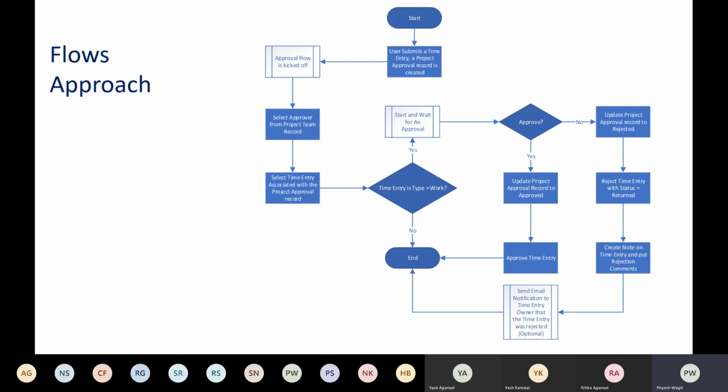So those are the actual approval responses. I'm going to use that to actually create a note in the rejected time entry. Once that happens, the time entry is rejected. And optionally, there are very few instances where we actually want to let the resource know that their time entry was rejected. It's a good practice to let them know so that they can take some timely action on it, right? This is again an optional step, but I have done this as well, which I'll show you. And then this process ends as well.